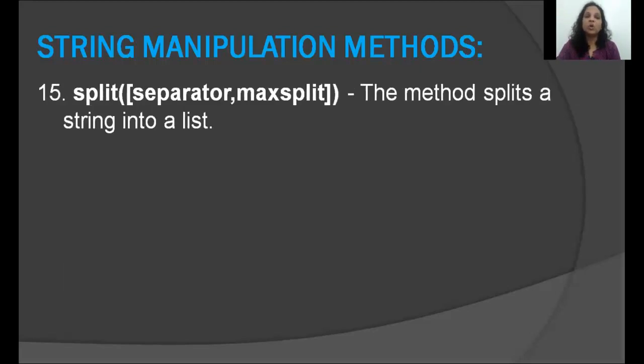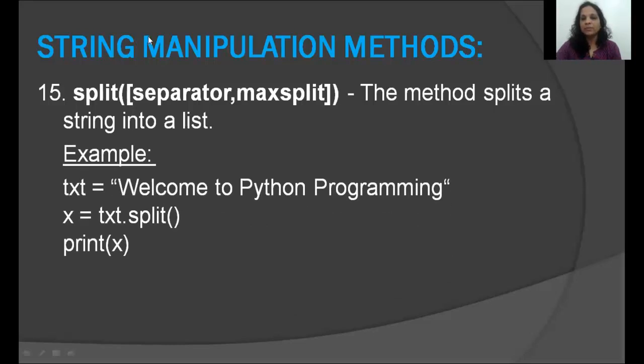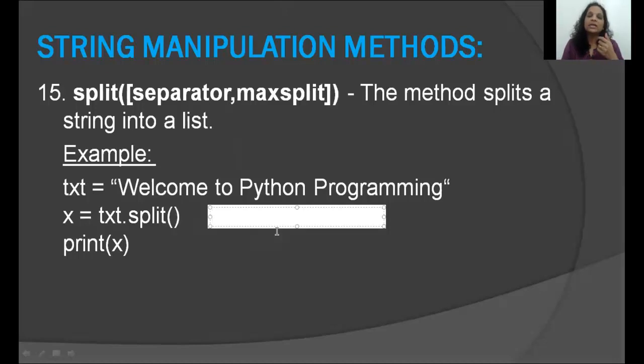Now coming to a function called split. Now what does the split function do? The split function splits your strings. So if your string consists of 10 words, it can split the words of your string if you don't specify the separator and the max split, or it can split based on the criteria that you have given. Let me just show you an example and let me get my annotation ready. Okay. Now, in this scenario, welcome to Python programming. I've just said txt.split, which means I have not specified the separator and I have not specified the max split.